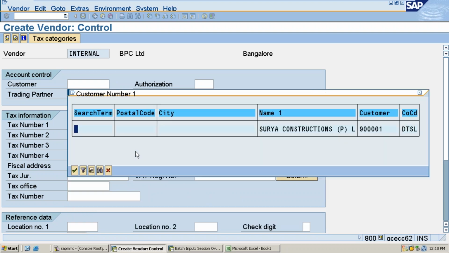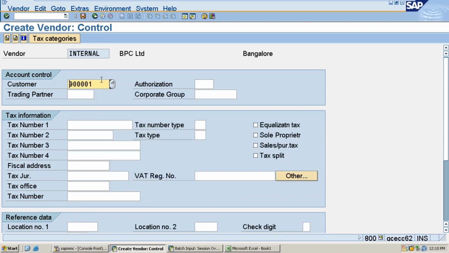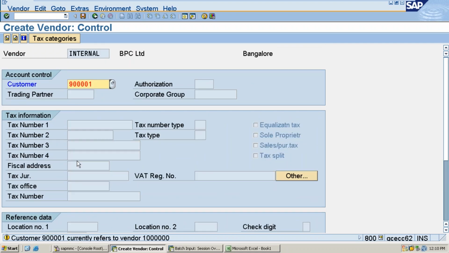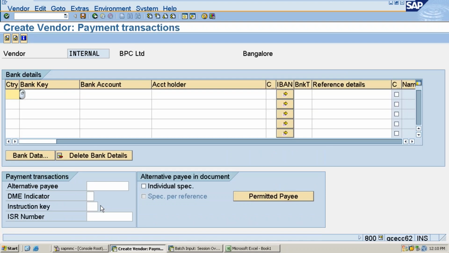Example, just from a mapping point of view, I am going to enter this relation. This is actually another vendor, a dummy record, so you have to create this for BPC. Like this. In case a trading partner is there, enter the trading partner. Otherwise, leave it. Now press enter. It says, boss, this is BPC, this is Surya Construction, both are different. Just an example, go ahead. I just want the field to be enabled.